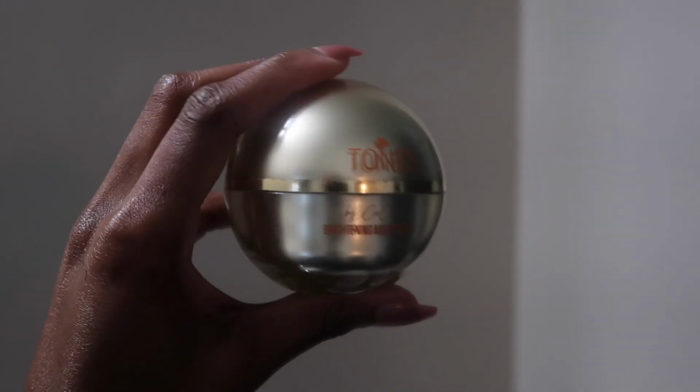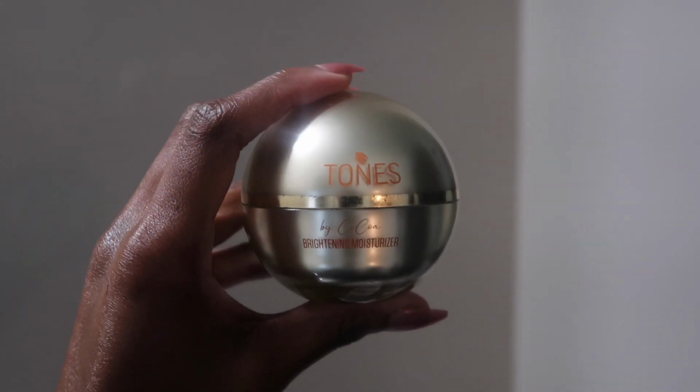Next things next, another product from Tones by Coco. This is the brightening moisturizer. Y'all, I'm telling you, this brand is so good. I'm so happy that I discovered this skincare line. Y'all, it's been one of the only brands that have actually catered to my skin the way that I need